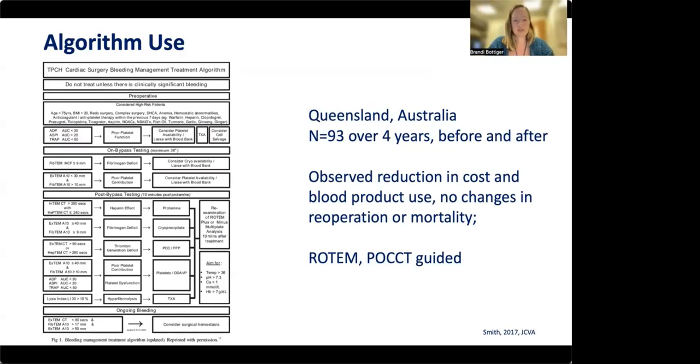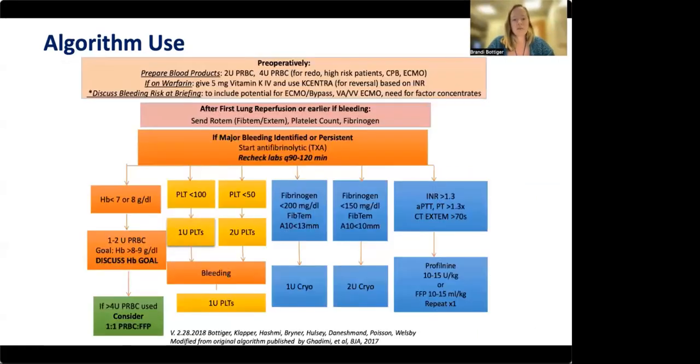In our group, we published an algorithm back in 2017, sorry, in cardiac surgery that we've been able to basically edit a bit and apply in lung transplant surgery. And so that's kind of shown what we're using here, but there's no magic to those targets. It's just what our teams have agreed upon and how we've identified to transfuse and support patients that are having bleeding during lung transplant. I think it's really useful for new team members.